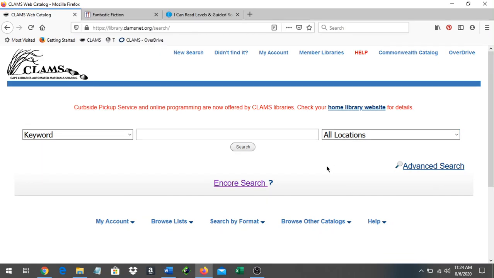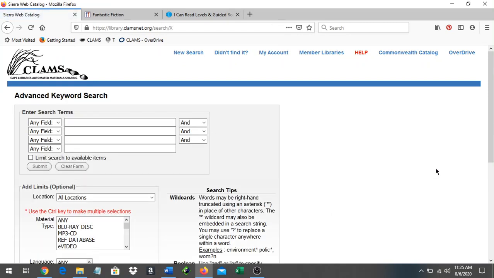Welcome to today's tutorial on searching the CLAMS, Encore, and Classic catalog for books and movies in a series. Today we will start by searching the advanced search in the Classic catalog. That is the page we are on now, and you will click on Advanced Search right here. Today what we will go over is how to search